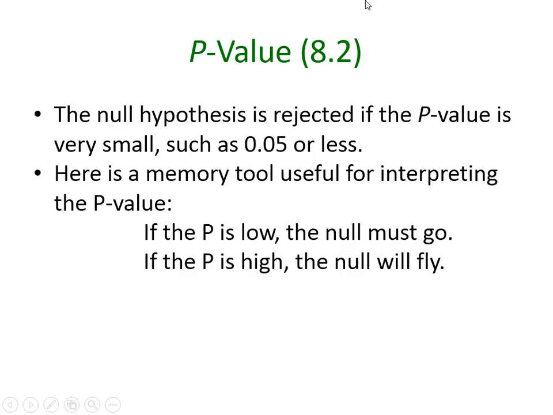On the other hand, if it's larger than that, then we fail to reject the null hypothesis. A little memory tool that people have used: if the p is low, the null must go. If the p is high, the null will fly. What we're really looking at,